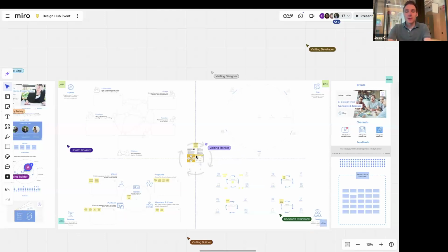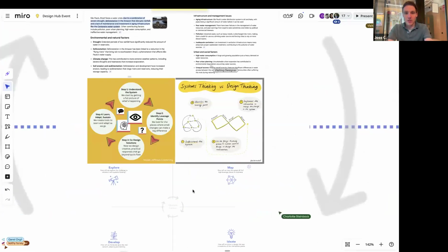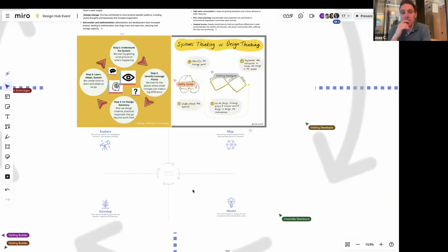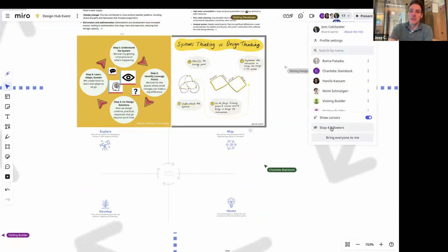Just to say a few words of where this is coming from. In our design hub, we've been thinking about this process of how you go about doing systemic design. We've been doing that now for a couple of years and exploring different frameworks. We've had previous sessions looking at different tools and so forth. So it all follows in that history, and this is the latest